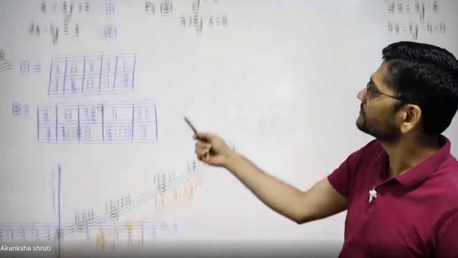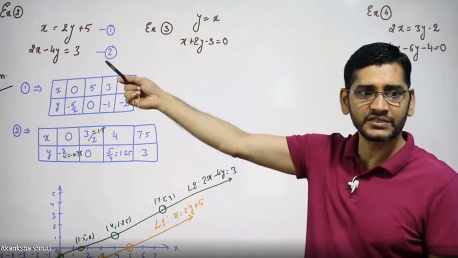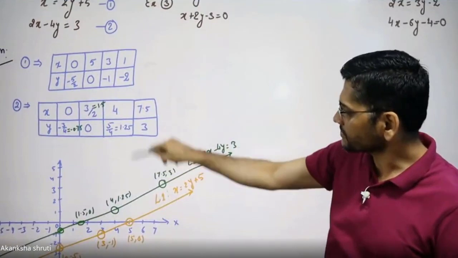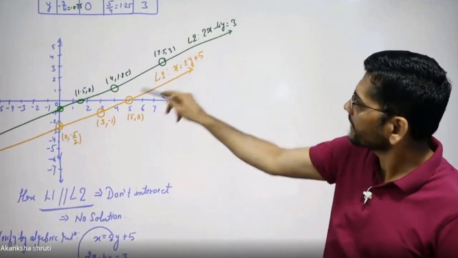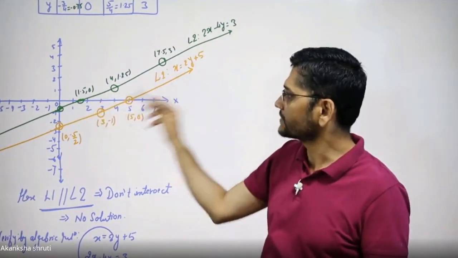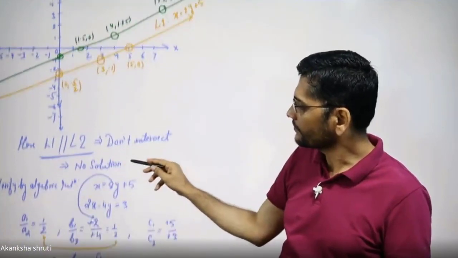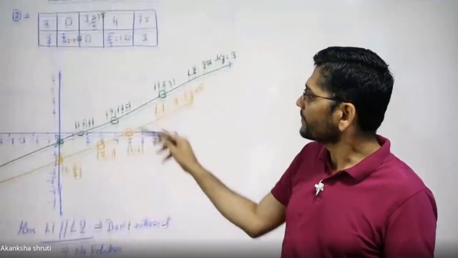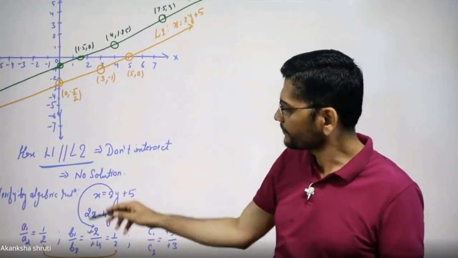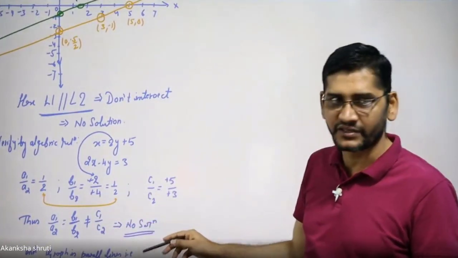Students, so recall what was the pair given for each of these lines or each of these equations. We have tabulated first, then drawn the graph, then from this graph we have concluded what is the nature. These two lines are parallel, they will not intersect, so we have written no solution. Also, even without drawing this graph, we can determine the condition. A1 by A2 is equals to B1 by B2 is not equals to C1 by C2. We can write no solution.